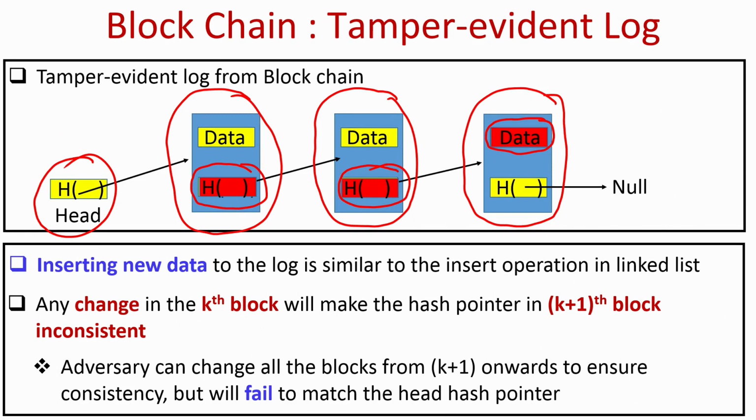But as soon as he changes the head hash pointer, it will not match the head hash pointer which you have stored with you, assuming that finding collisions is difficult. If finding collisions were easy, it might so happen that this changed first node has a hash value that matches the head hash value you have stored for the existing blockchain. But assuming finding collisions is difficult, the adversary will be detected with very high probability. And that is why the blockchain is a very popular database, because you can keep on adding data to the existing log, and the whole log can be summarized by just storing a small hash value.